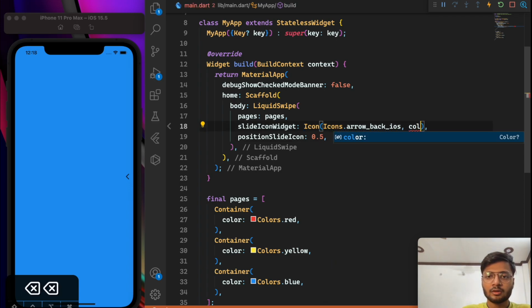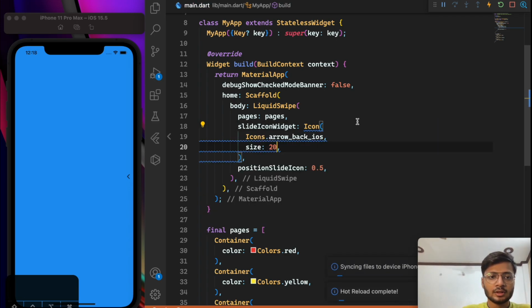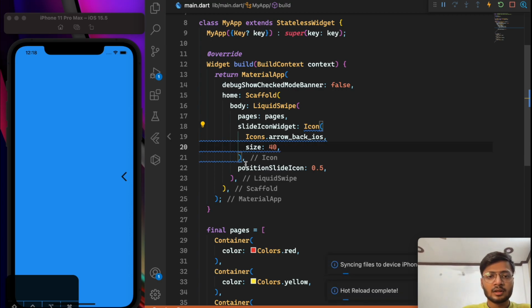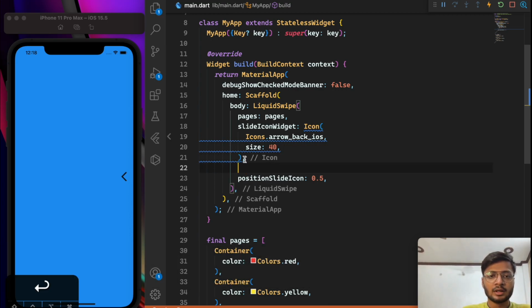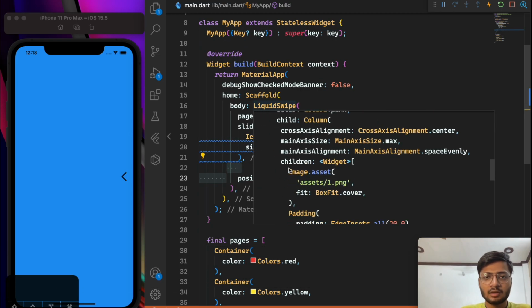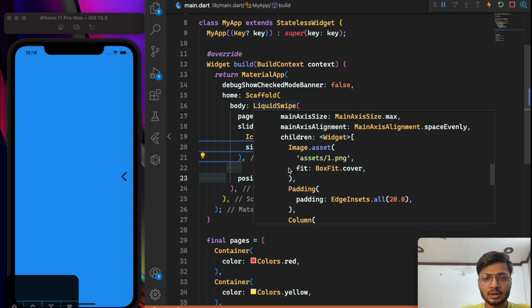We can also assign the size to this. 20 is much smaller, we can do with 50. 50 is much bigger, I guess. We'll just assign the sign in a while, but other than the sign, we have a little bit more information here. If you hover over this, you can see